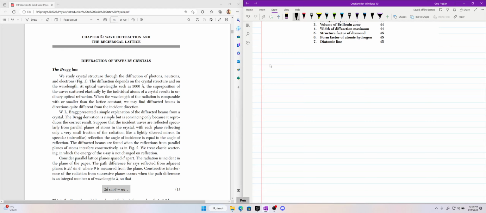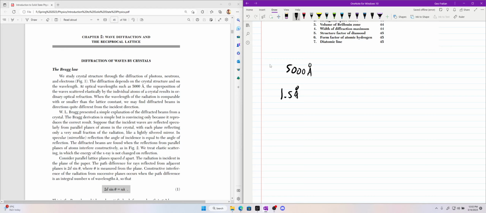Okay, so when the wavelength of the radiation is comparable to the lattice constant, if you guys remember, is a, given by how big each unit cell is, the dimension of the unit cell. It's on the order of angstroms. So 5,000 angstroms, right? Much too high. But if we get a wavelength, say around 1.5 angstroms, it's a very common wavelength used for X-ray photons, for XRD. What we find then is that